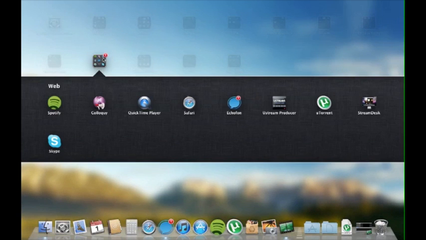Next across, one of the biggest folders I've got is my web folder. So I've got Spotify in there, my music streaming application. Colloquy, now this is an IRC client. If you're following like